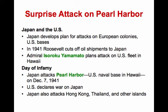So what they end up doing is they develop a plan to take over the European colonies in Asia, and eventually the U.S. bases. These are colonies in Cambodia, parts of Vietnam, parts of Indonesia. These are the colonies that Japan is looking for because they know that these colonies produce a lot of money. So in 1941,